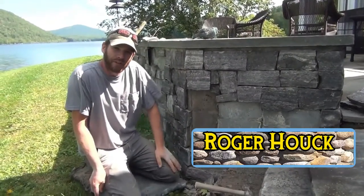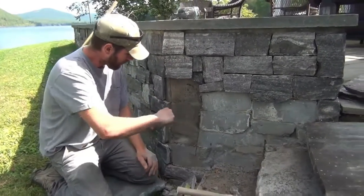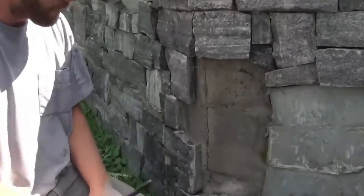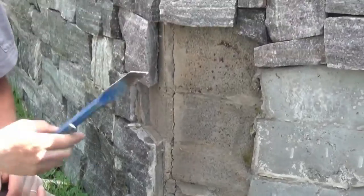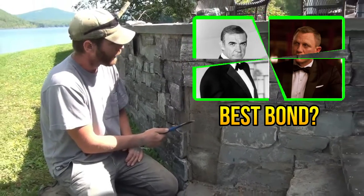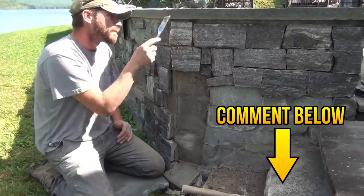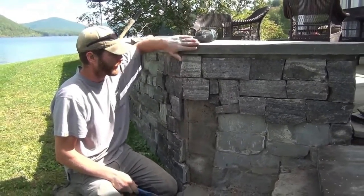So guys, what we're showing you here is what not to do. This is a failure. It's actually an epic failure. And there's a couple elements here that were missed. One is they probably didn't get the best bond. Obviously they didn't get the best bond on the substrate. But even if that had been a decent bond, they didn't address the water that hits this flat and capillaries